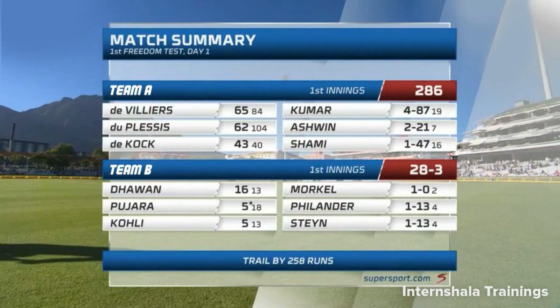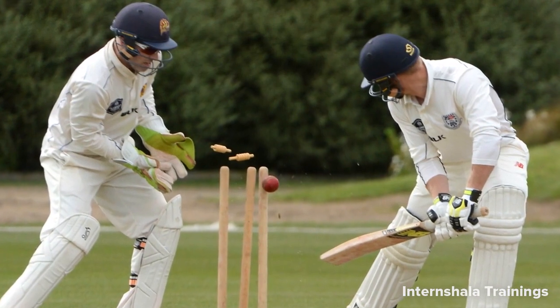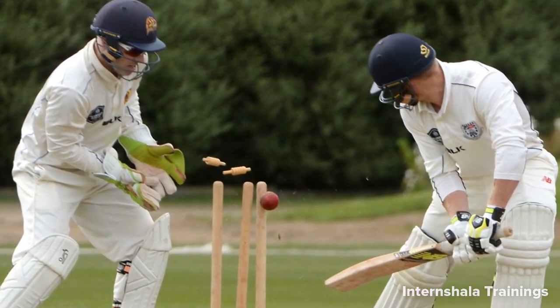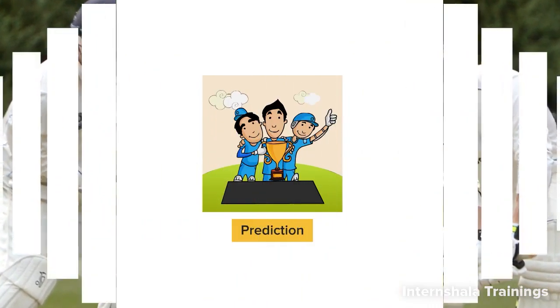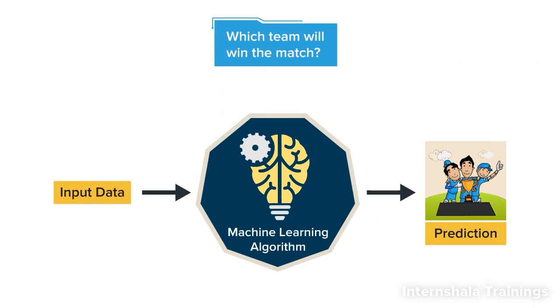For example, let us consider the cricket match scenario. Based on the previous match performance of your opponents, you analyze and decide on which bowler to use for the selected batsman or which ball to bowl at the batsman, which will give you reward in the form of a wicket. But when you predict which team is going to win the cricket match based on historical data, at that time you would use a machine learning algorithm for predicting the winner.